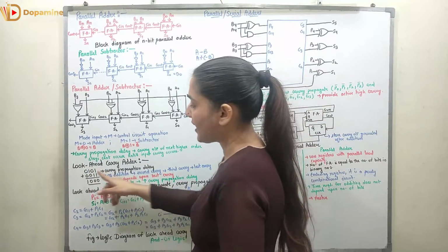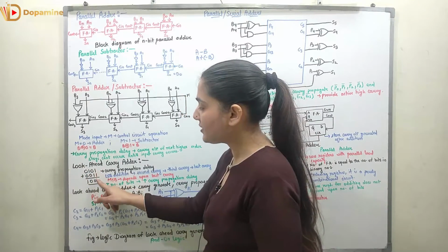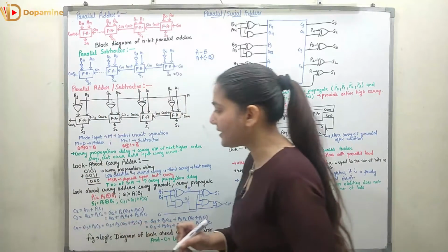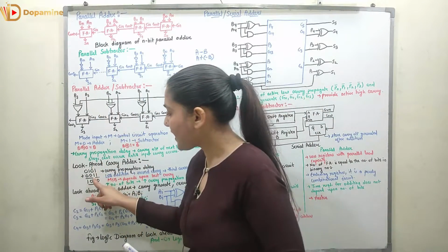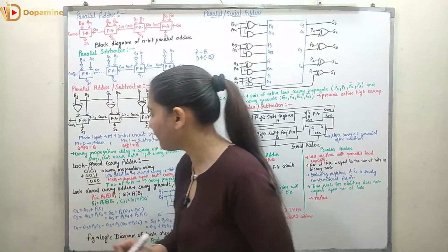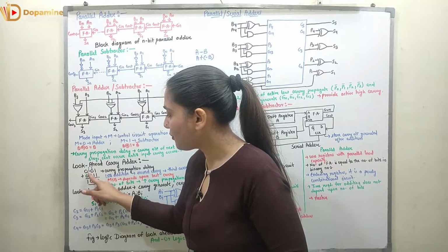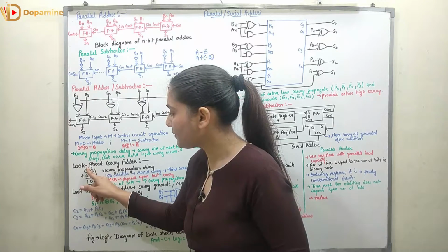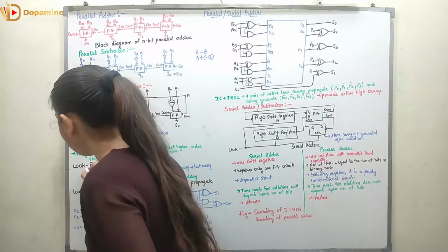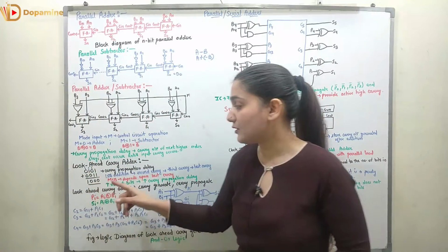So here we have the addition of 0101 and 0011. When 1 is added with 1, I have 0 and 1 is generated as a carry. Now this 1 is added with 1, again I will get 0 and this generates 1 as a carry. So these two 1 and 0 are added and it is again added with the carry. So again added, it gives 0 and 1 as the carry. So it is generating the output 10000.